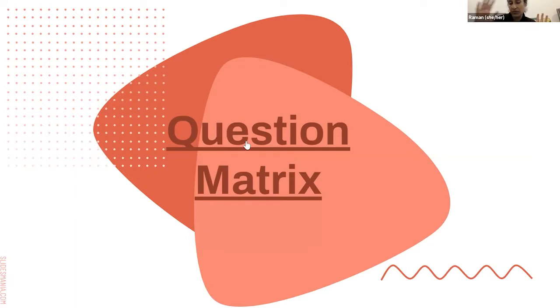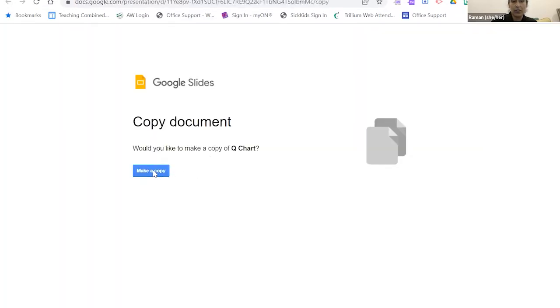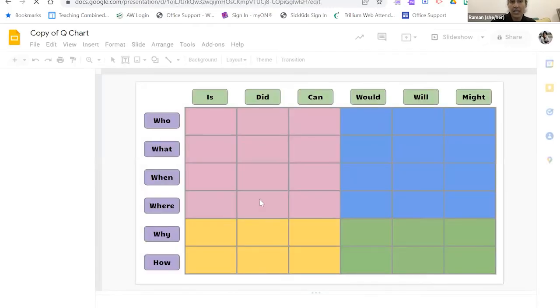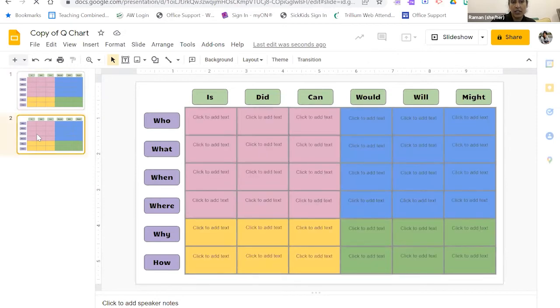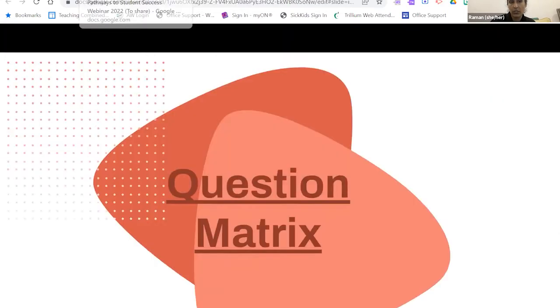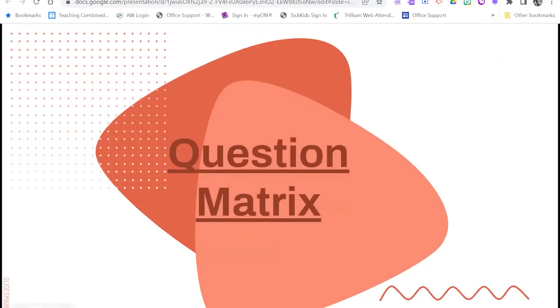And I know many people have seen a question matrix before, but I did not make this. I found this Google Slides deck Q chart, which is editable, and you could have your students work on it and assign them, and it looks wonderful. We've also shared it in the links of the resources that you're going to get at the end of the presentation. It looks amazing for using with your students and having them type right into it. So it's a great hybrid approach, if you need to do something virtual or if you're doing it in the classroom. It works both ways. So that's another resource we will share with you.